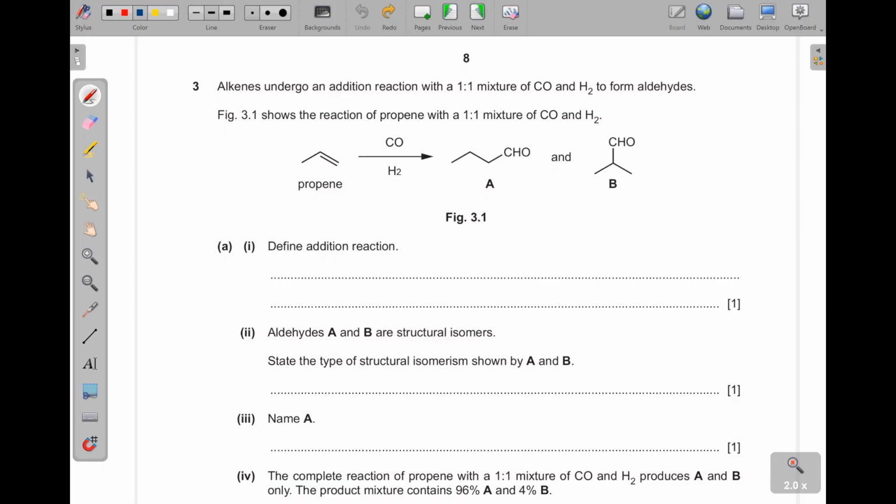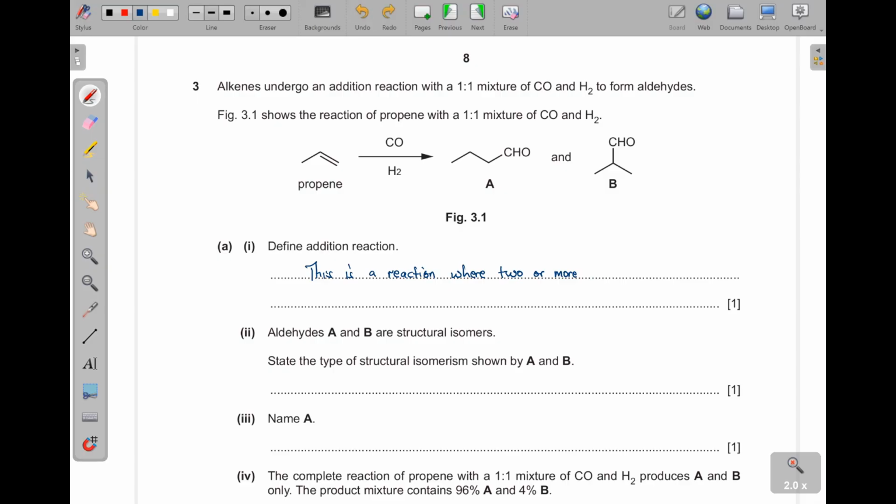What is to add? Let's say I have a 4 plus a 5, then I get a 9. So I have more than one thing to add, then to get one. You see that? So I'm going to write, this is a reaction where 2 or more compounds or reagents